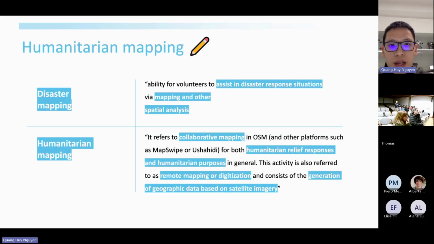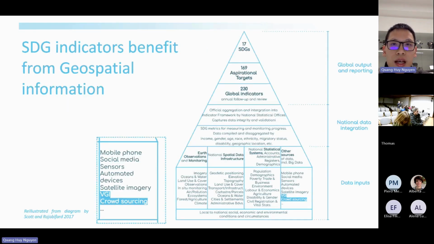It also involves remote mapping, which means you don't have to come to the place, but you can map from everywhere in the world. And your main source is satellite imagery. And we can see how we can contribute by doing humanitarian mapping.